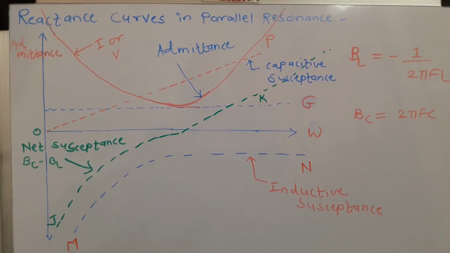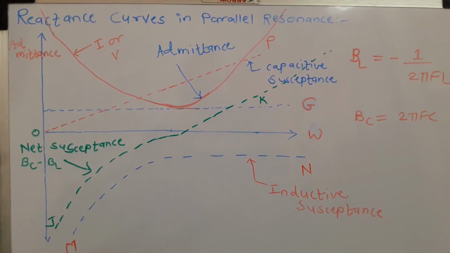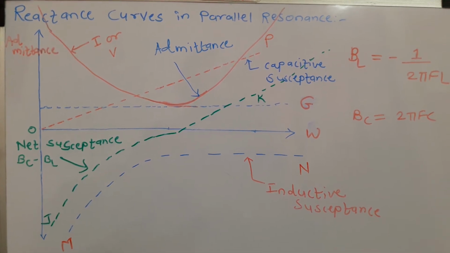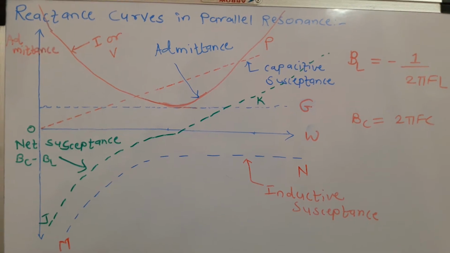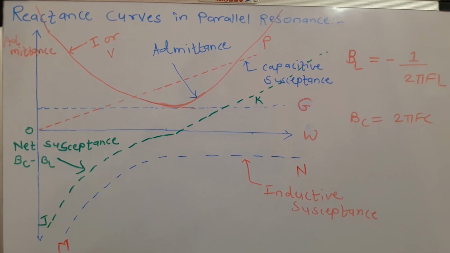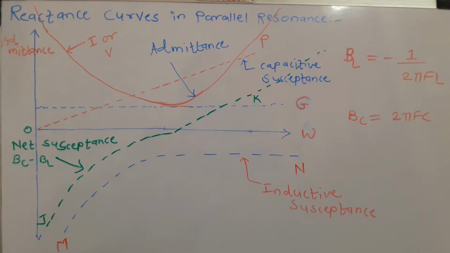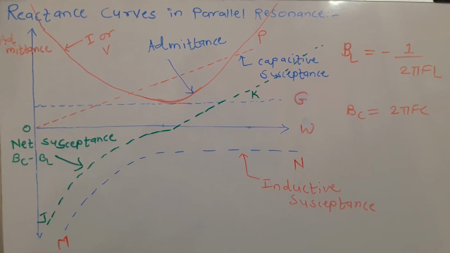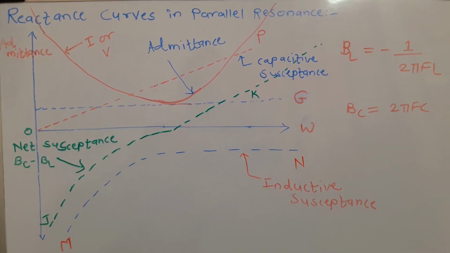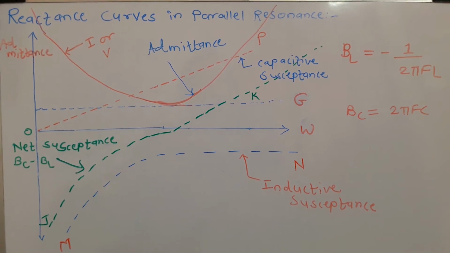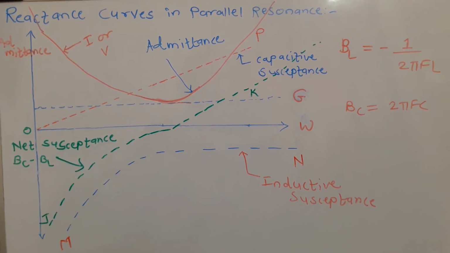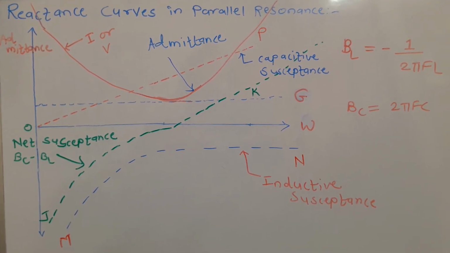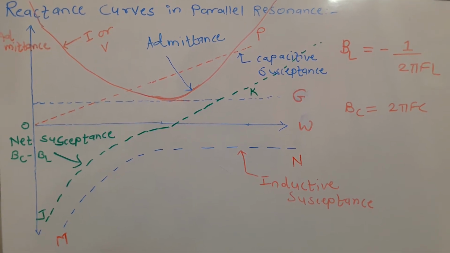So if you refer to the figure or graph, the curve OP, the straight line which is passing through 45 degrees, represents capacitive susceptance. On the right hand side we are shown the formula for capacitive susceptance. Bc is equal to 2 pi F C. So if we see, it is directly proportional to the frequency. As frequency goes on increasing, capacitive susceptance also increases. So it is indicated by a straight line passing through origin.